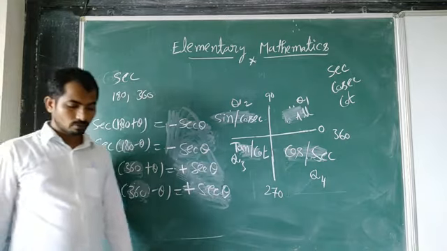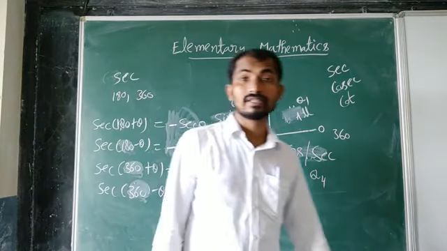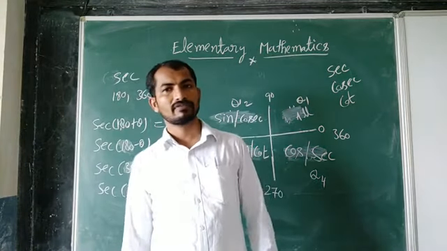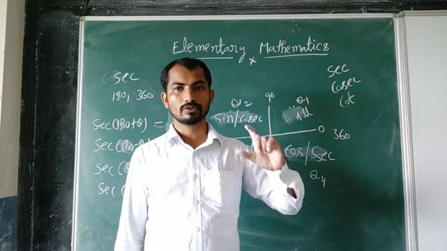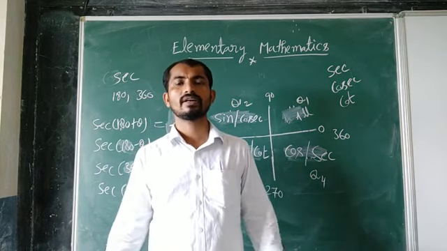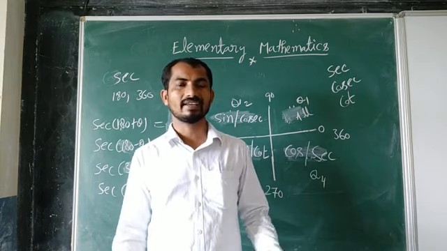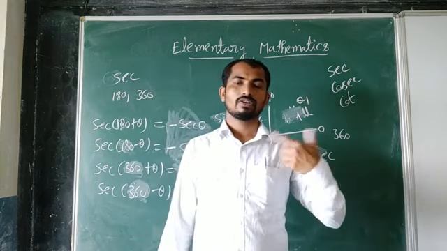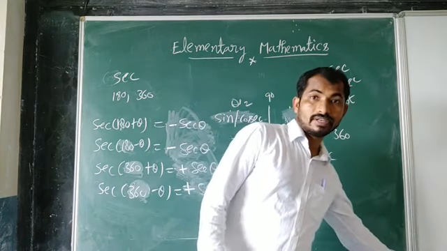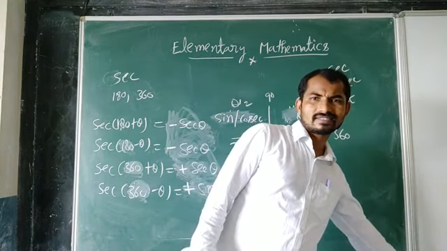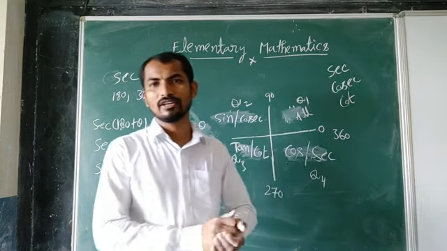Clear? So in total 6 trigonometric functions are there. I have completed 5, and one more is left, that is cot. That you have to do as homework. You just complete it, and if you are still not understanding, you can ask me. I will explain one more time. But you have to practice every day. Don't think that because it is 10th class, it's okay not to practice.